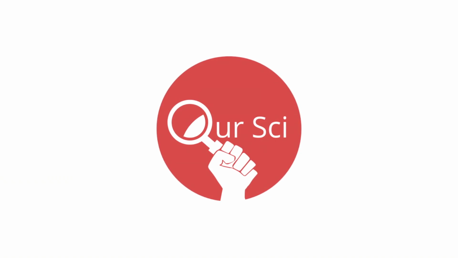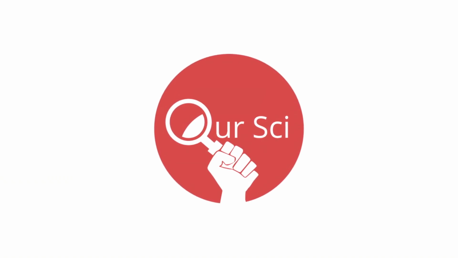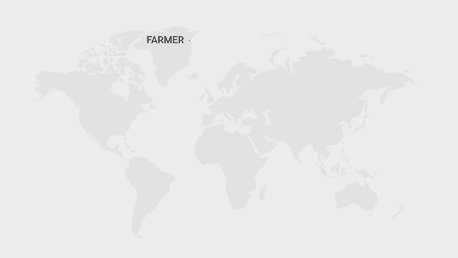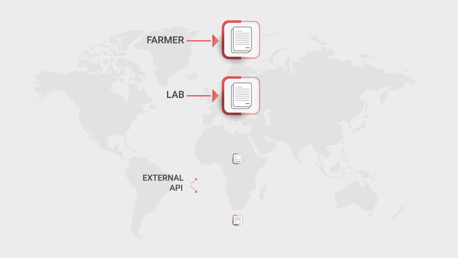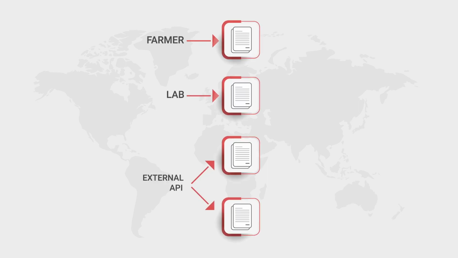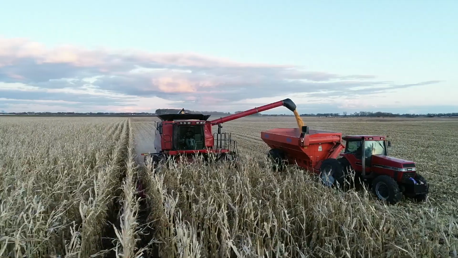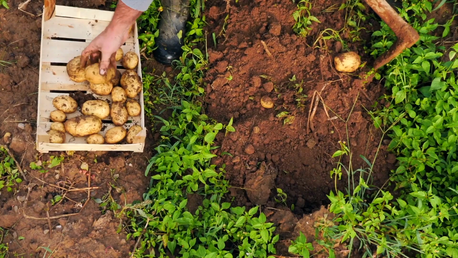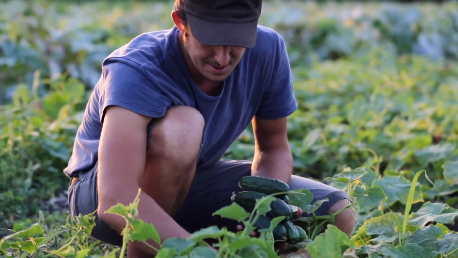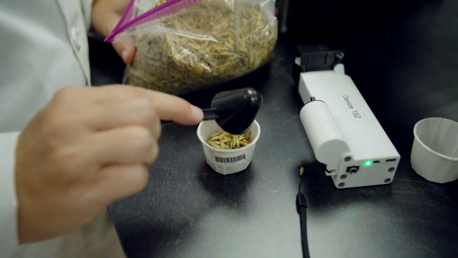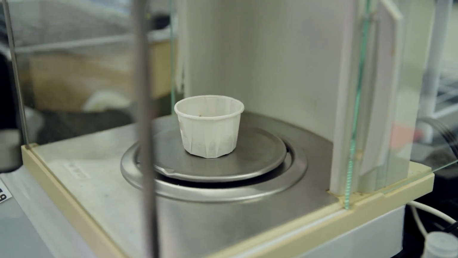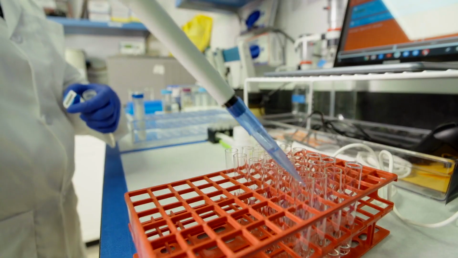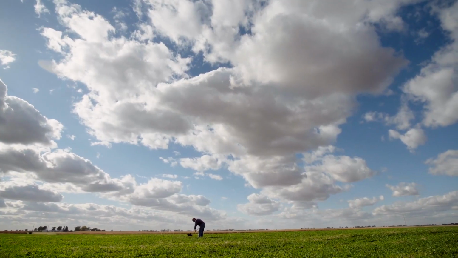Here at Our Sci, we're on a mission to develop a data pipeline that turns many sparse sources of complex data into directly useful information covering the whole path from the field to prediction outputs. Data source. The journey begins when a real-world object, such as a piece of produce, is selected for evaluation. We gather information about this object from several sources: the farmers themselves, our labs, and even external data sources like